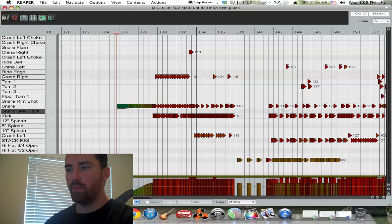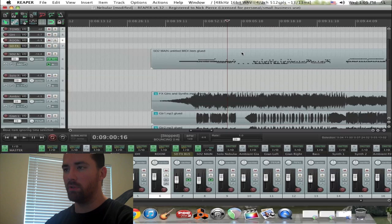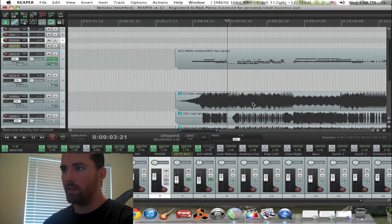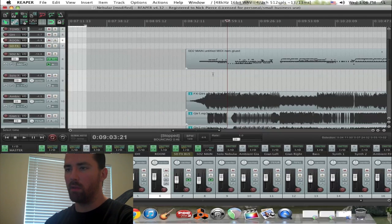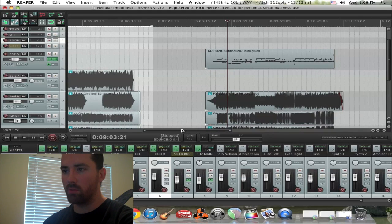And then after that, I did a transition between the intro riff and the next one coming up. I'm not going to show you every little bit of what I did exactly, but there's different things you can compare when you listen to both tracks side by side, and you can see exactly what I've done. So I did some edits in here, and then went through and programmed all of my drums, and then when it got to the end,